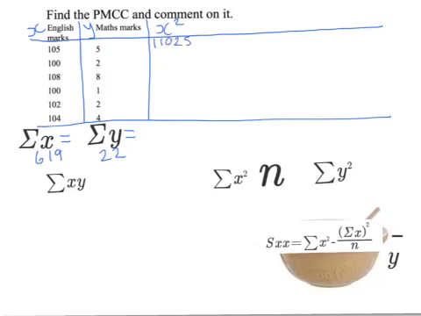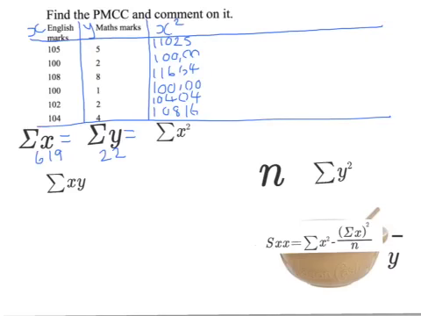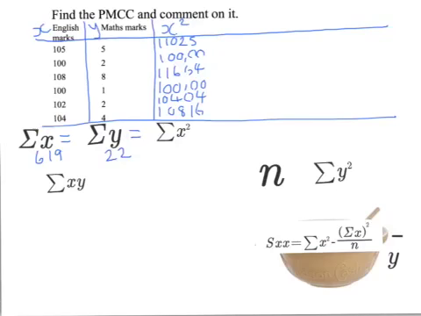11025. That's 105 squared. 100 squared is obviously 10,000. 108 squared is 11664. 100 squared is not 100,000, it's 10,000. 102 squared is 10404. And 104 squared is 10816. So if we now sum all of those, it will be rather large, but the sum of X squared is coming in as